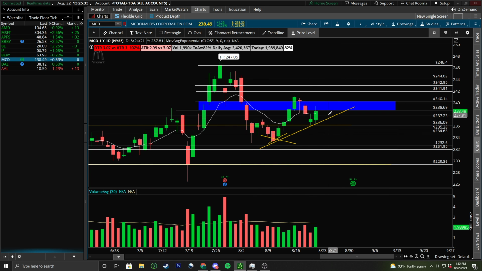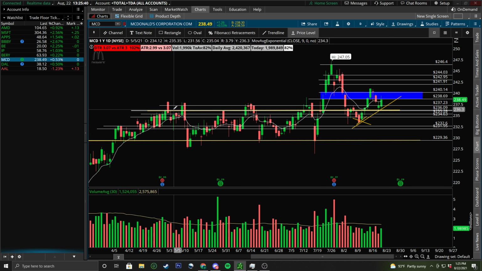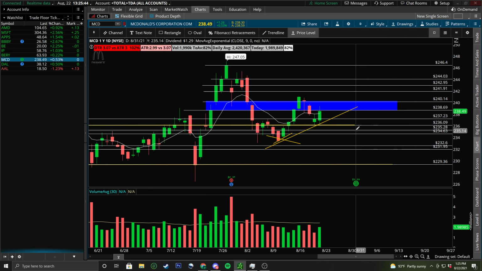Well, what levels can we look at for a reversal, for it to keep going down? Well, you have that big 229 level to watch, and you have this not as strong level here at the 236s. I would be looking under these 235, 236s right here, considering that is where price is trying to hold on as support. If it ends up breaking this angle as well as that 236, you can look for McDonald's